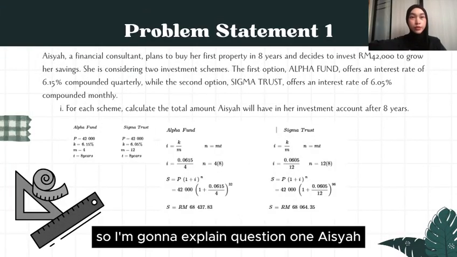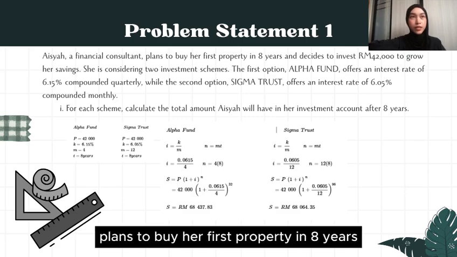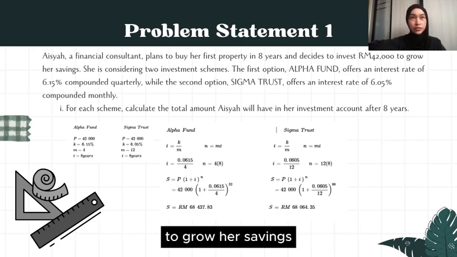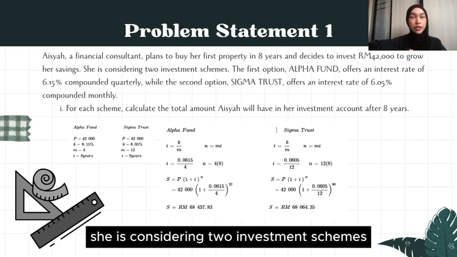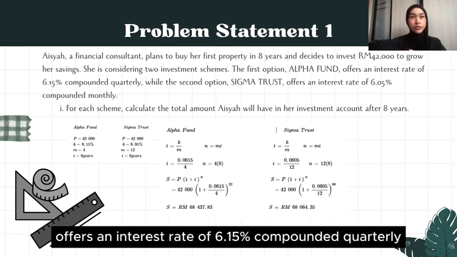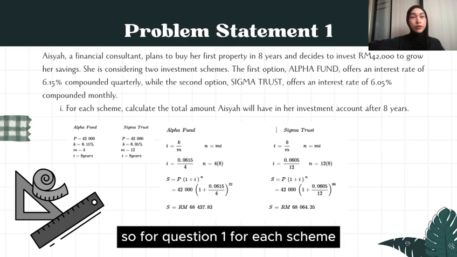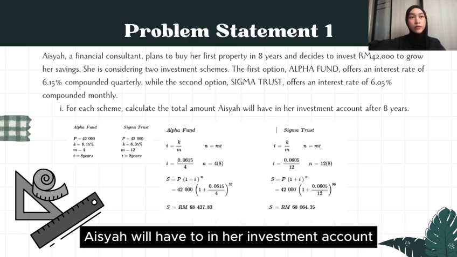So I'm going to explain question 1. Aisha, a financial consultant, plans to buy her first property in 8 years and decides to invest 42,000 to grow her savings. She is considering two investment schemes. The first option, Alpha Fund, offers an interest rate of 6.15% compounded quarterly, while the second option, Sigma Trust, offers an interest rate of 6.05% compounded monthly. So for question 1, for each scheme, calculate the total amount Aisha will have in her investment account after